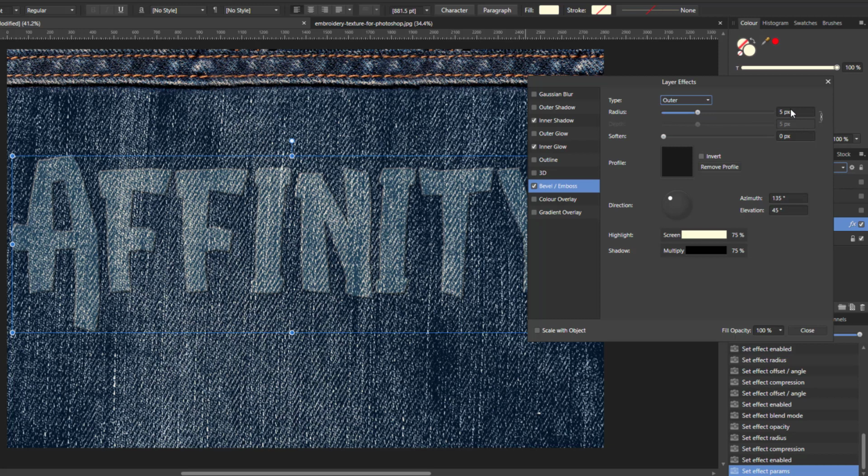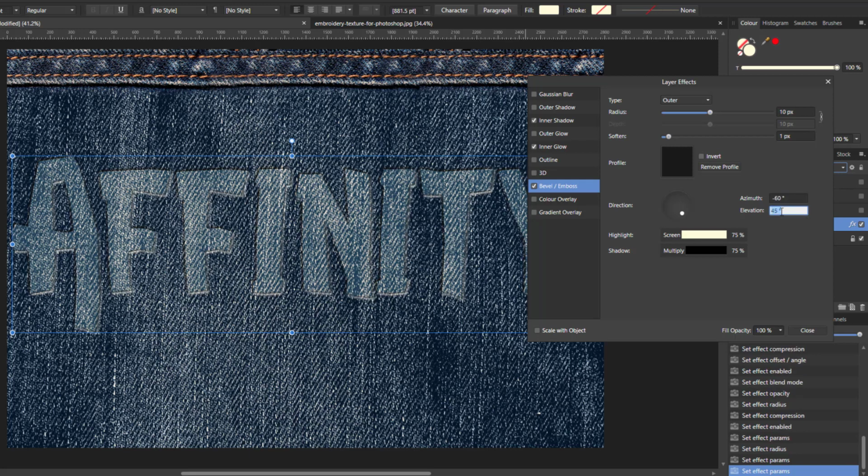We're going to have a radius of 10 and soften by 1 pixel, and we're going to change the direction, and I'm going to change the azimuth to -60 and the elevation to 64,